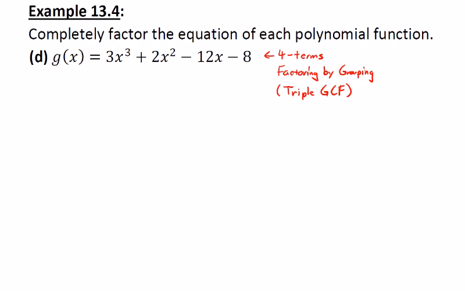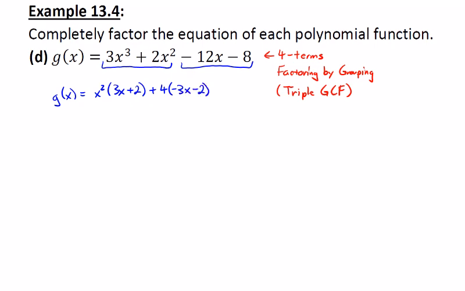Like I said, the more terms you have, the more difficult it is to find a greatest common factor for all of the terms. So I don't want you to look at all the terms. I want you just to look at the first 2 terms and then look at the second 2 terms separately. We're going to identify the greatest common factor for each one of those and factor them individually. So g(x) is now going to say x² times (3x + 2). And the second grouping, I would say, has a common factor of 4, which is going to give us negative